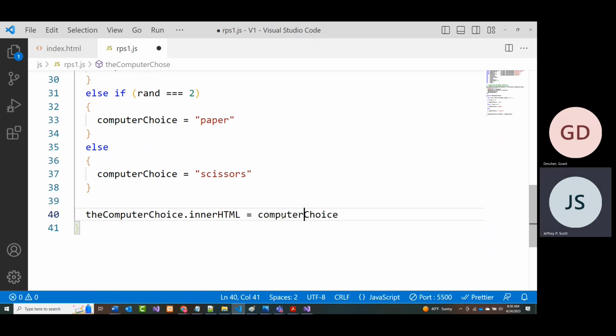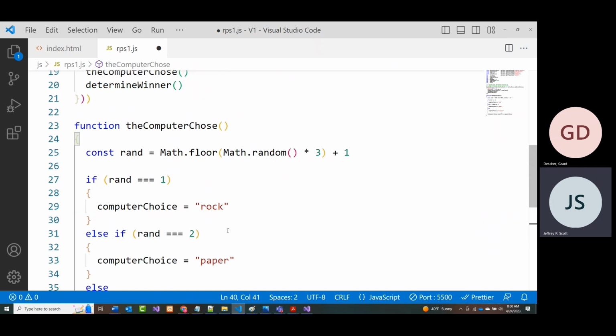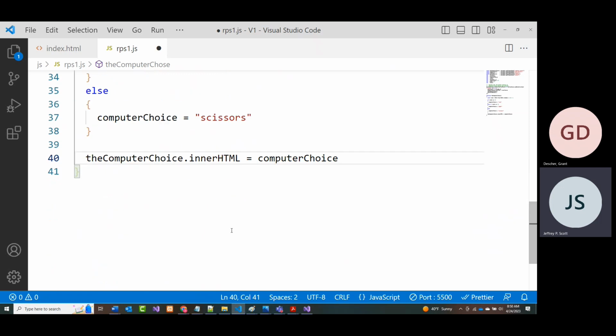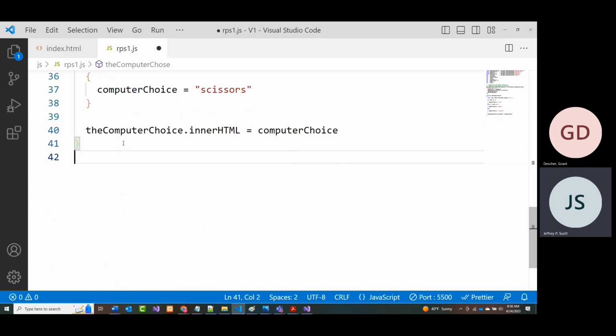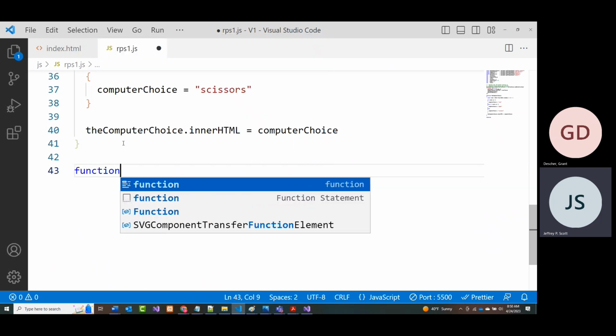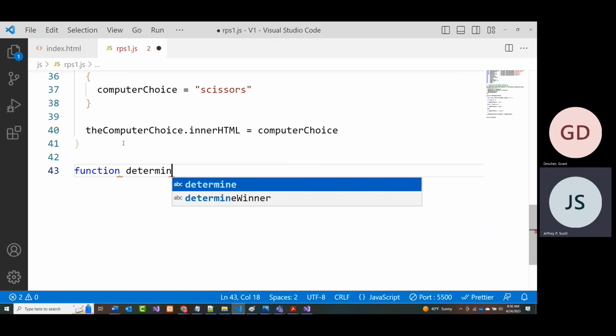And when you think about it, there are 9 different possible outcomes. I'm not going to even list them, but there are. All right. And 3 draws, 3 where the user can win, 3 where the computer can win. So again, in our quest to try to make this run in as good a way as possible, the first thing we're going to do, and again, I'm not saying you have to do it this way,